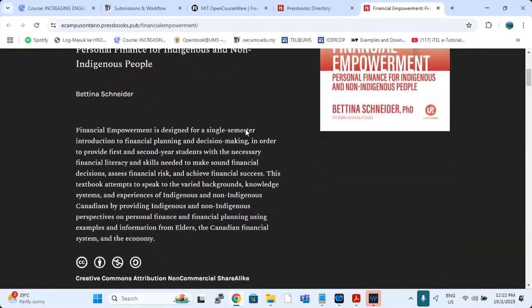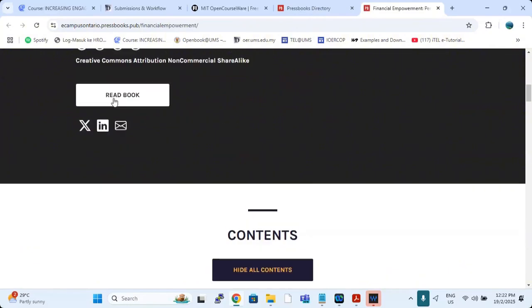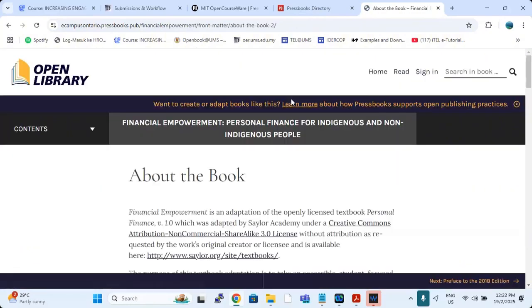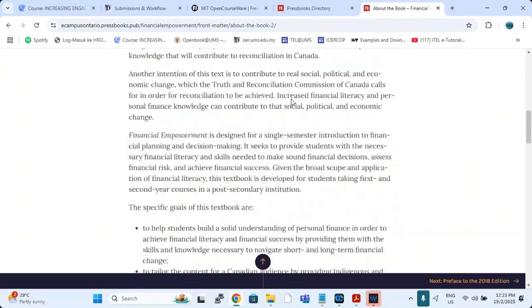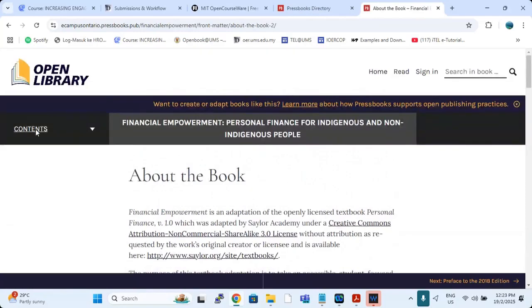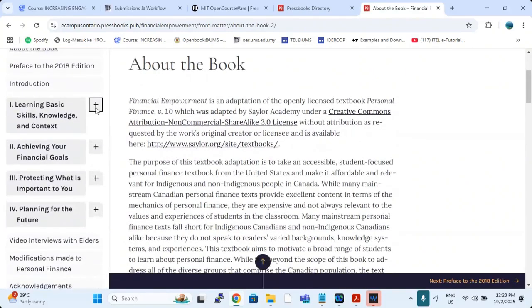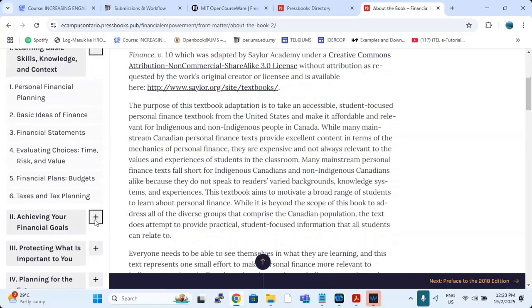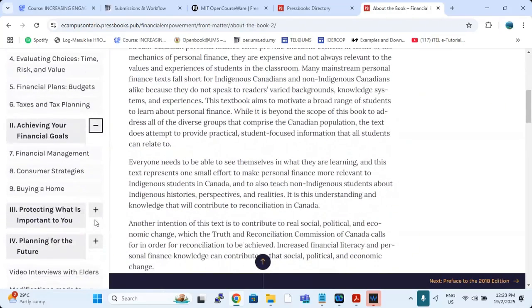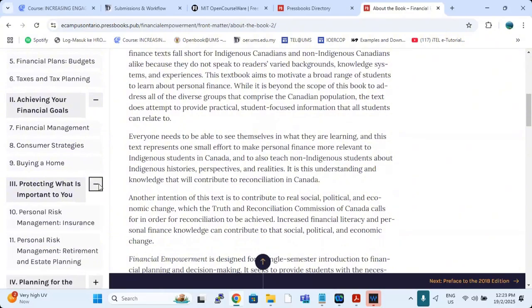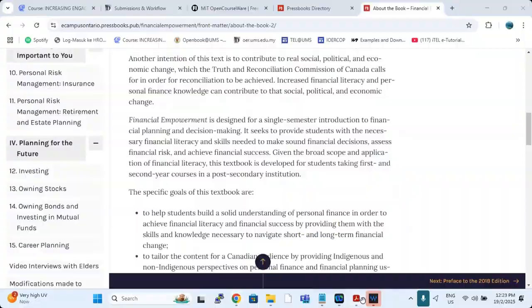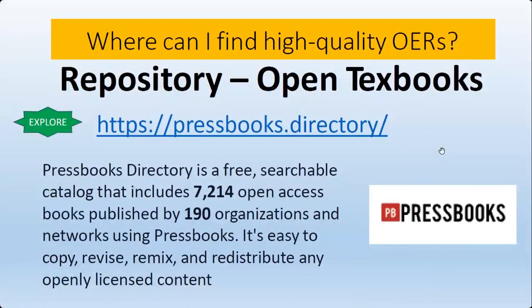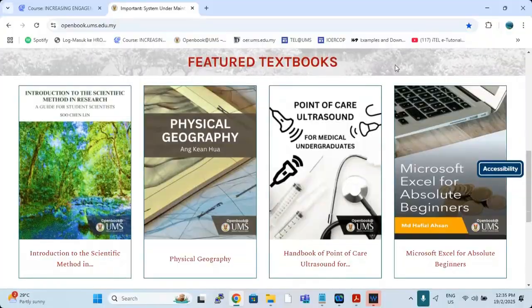Okay, now for example, this is the book. Okay, the license is there. You see, read the book. Okay, and the book here, look at the content up there. Contents, look. So the format is quite different from a book, a normal conventional book. But the other press book, they have this kind of things available. Okay, and so on. Have a look and see, just explore. Okay. Afterwards, when we come back,